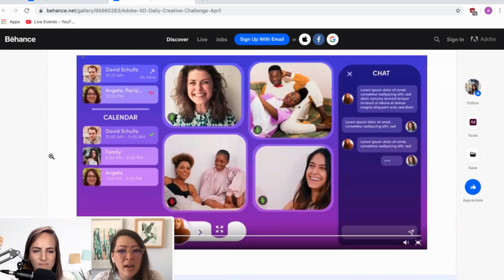Okay. Yeah. I think that the colors are really nice. I like that for the chat, it's darker. And so there's a little bit of a visual difference between the other stuff. So I can tell, okay, this is something different than the rest. So that's where you do the chat.